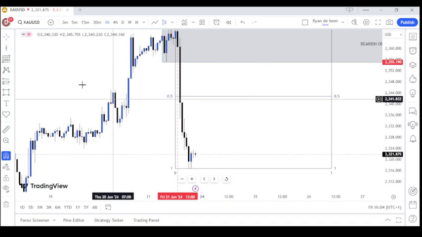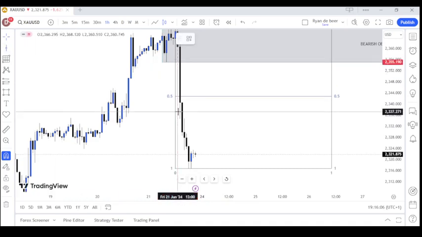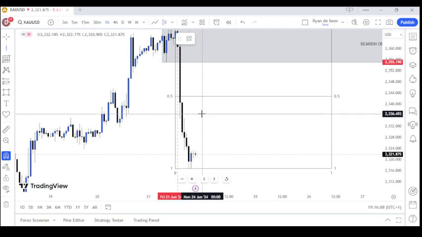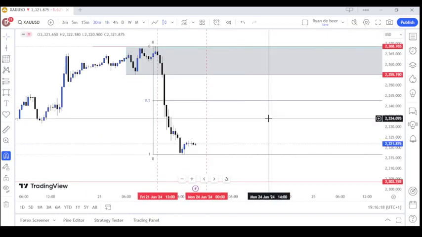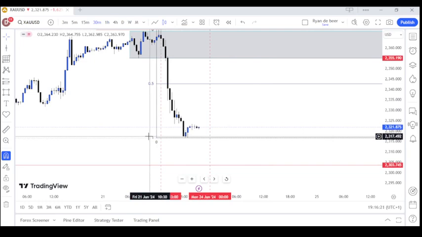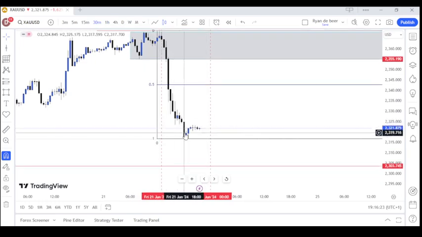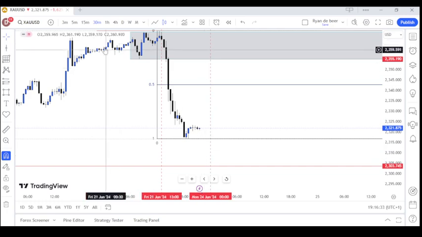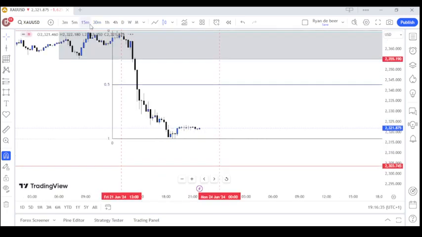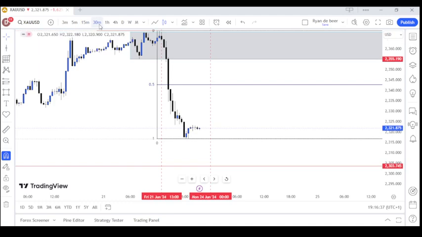Okay, there's your Friday's New York session, and there's Monday's Asian session open. So I do possibly see something happening with this. So we could possibly see price come down, take out this Asian low, our previous New York session, previous session low within Monday's Asian session open, and because if you look